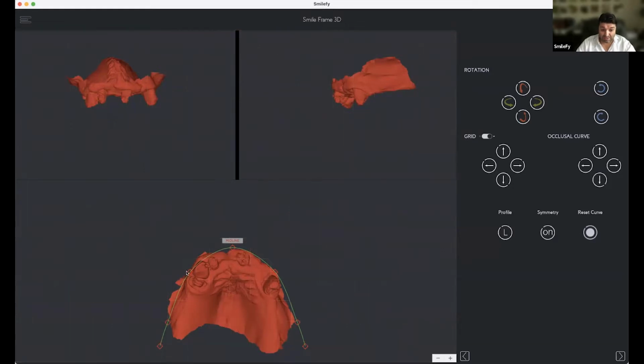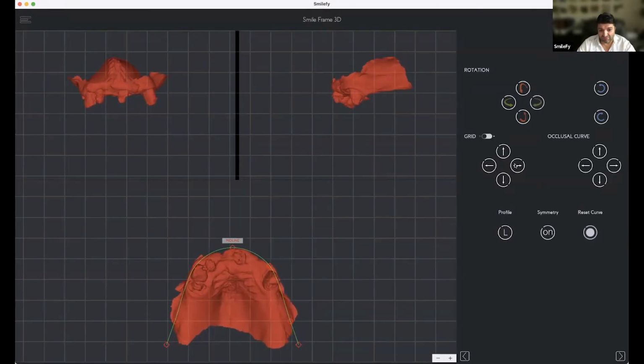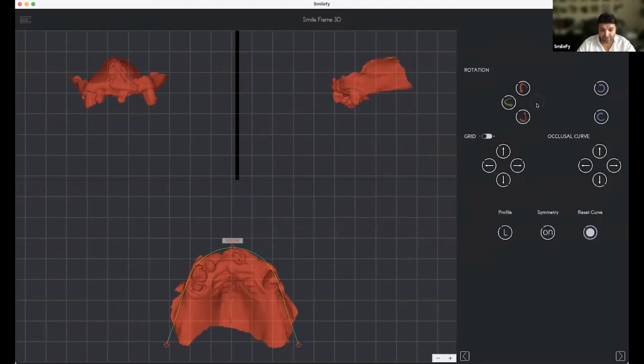It is almost impossible for us to tell what the midline of the palatal area actually is. I do see the midline of the palatal area. So, using the grid as a reference, I'm going to turn the intraoral scan so that I have the midline of the palatal area very clear, defined, and vertical to my occlusal curve.